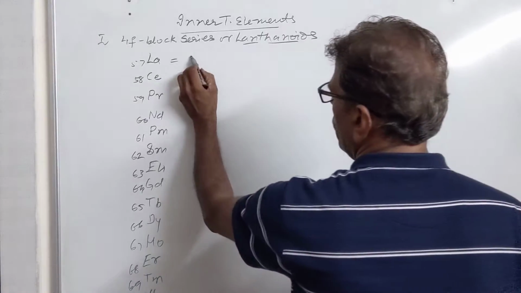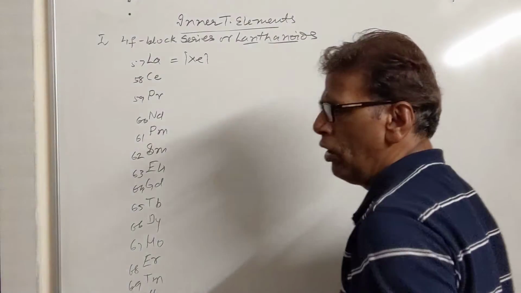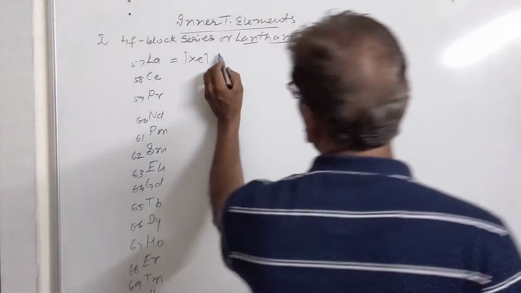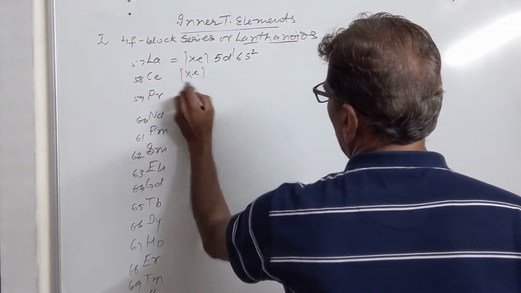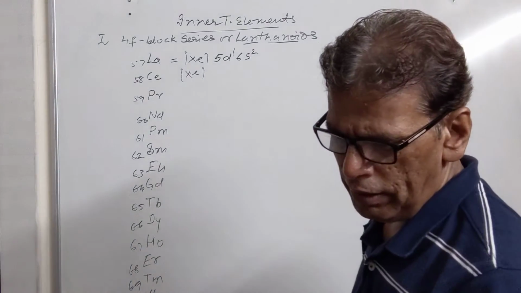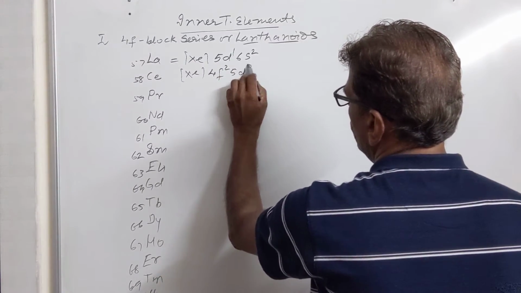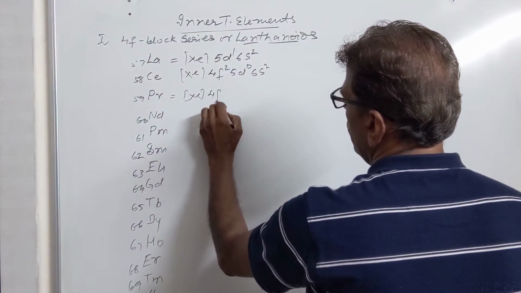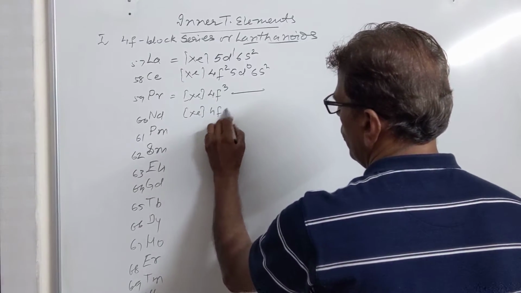Coming to their configuration, we will be having here the xenon core, which has 54 electrons, and then next element 5d1 and 6s2. Then we have one more electron here. Now this electron will enter in the f subshell. You will be having 4f2, 5d0, 6s2, and this will go on. Now it will be 4f3, remaining configuration remains the same, xenon 4f4,